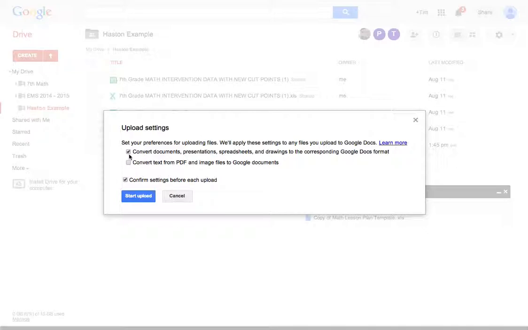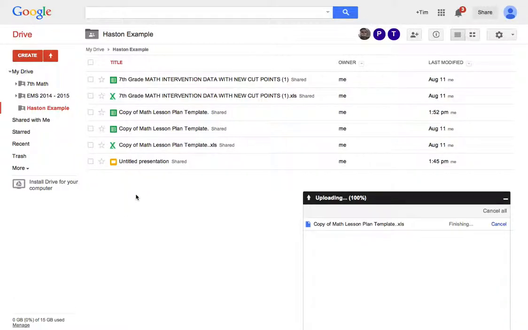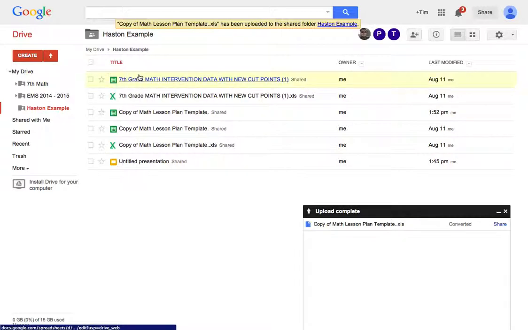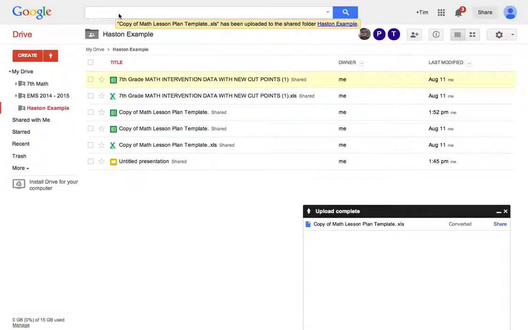I always try converting it first, but let me show you what happens if I convert this, because of the way that I formatted this. This is a good template. It's one that I created. Is that it? No, that's not what I'm looking for. Lesson plan template. There we go. So, if I open that,